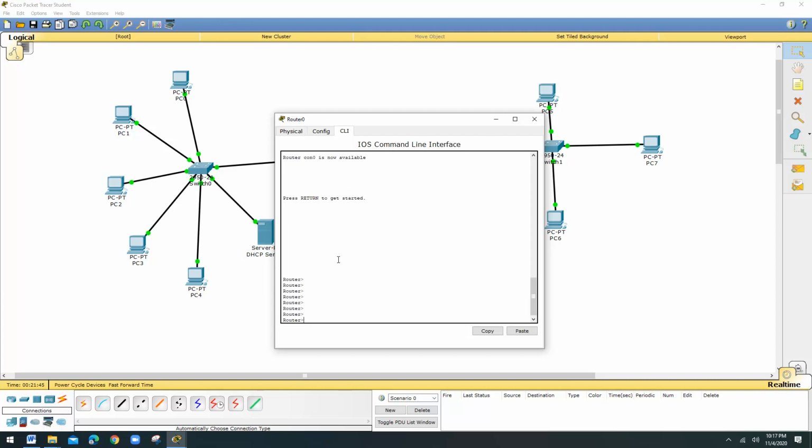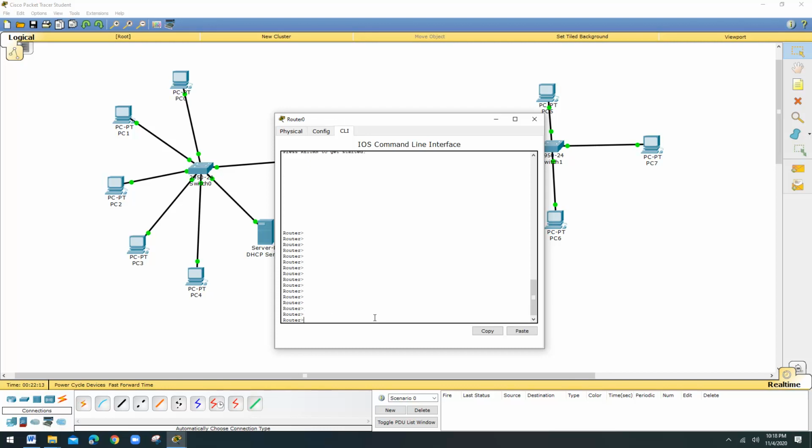This is the prompt. There are different modes available in a router that we are going to discuss in the next lab. We have now just entered the router and I want to change the name of the router. What are the commands? Now I am in the user mode. This prompt, with the angular bracket, is called the user mode.